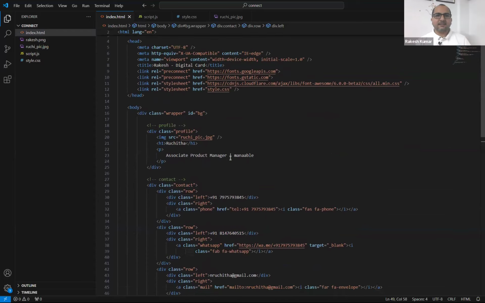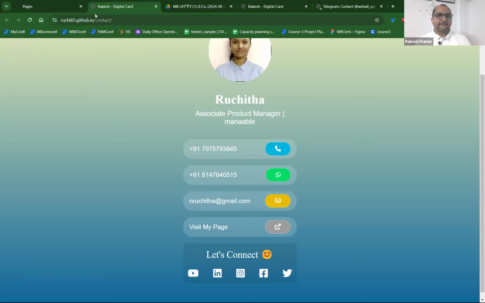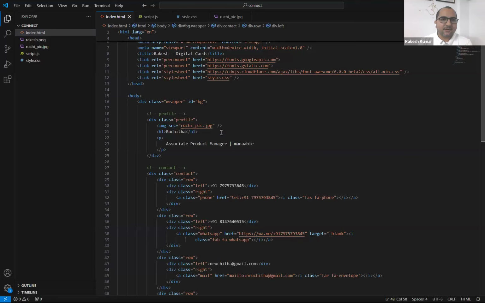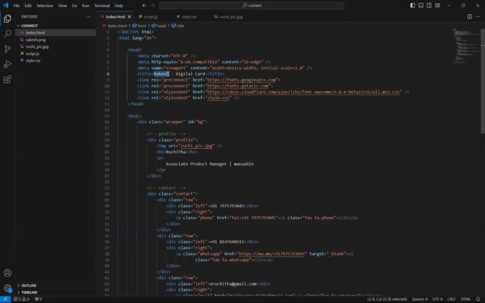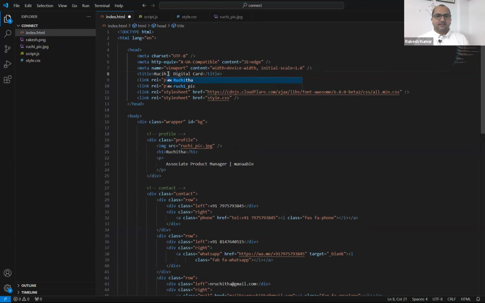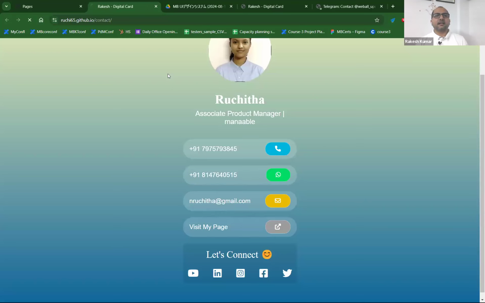Ruchita, can you show again where it is coming? Yeah. See here on the top. So it is showing Rakesh digital card. Just a sec, let me check. Yes, it is showing that. So this we can change from line number 8. Yes, you can put your name here. So this is the process to make all the changes and how to create